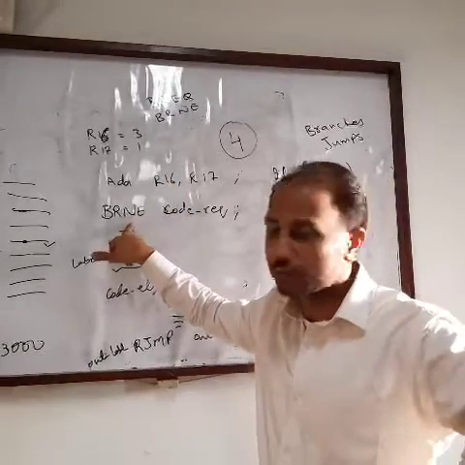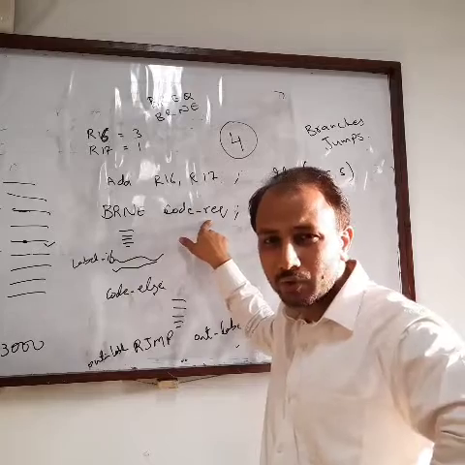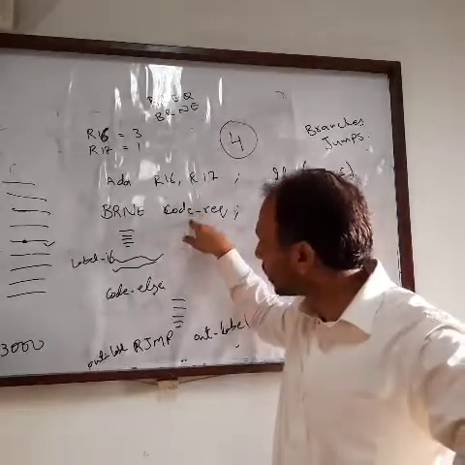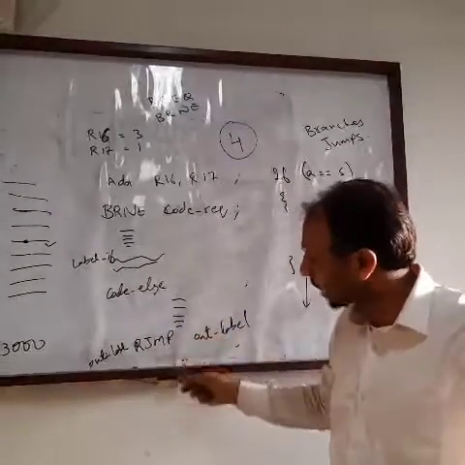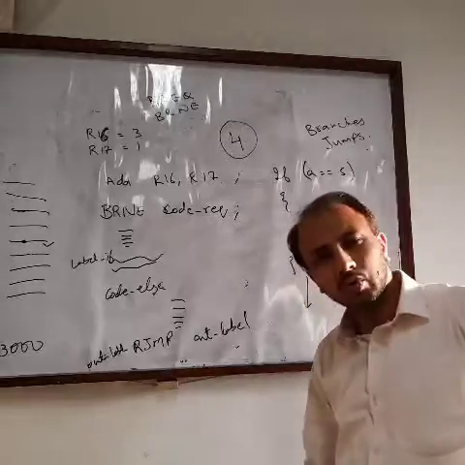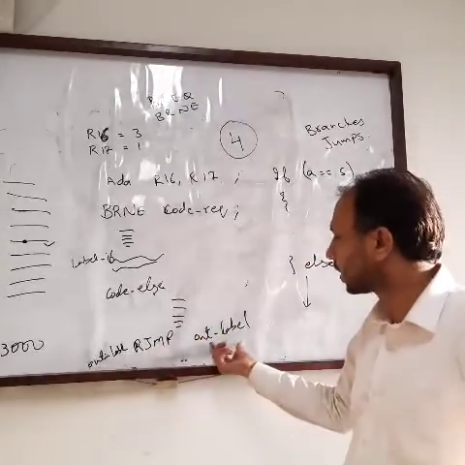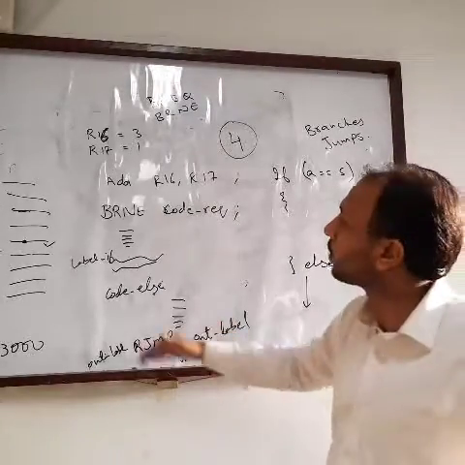We checked the zero flag was not high because the result was not 0. When it is not 0, it came to this position. We ran this code. After that, if we want to take a jump, we can jump to the out label and go somewhere. But if we want to go back again here,